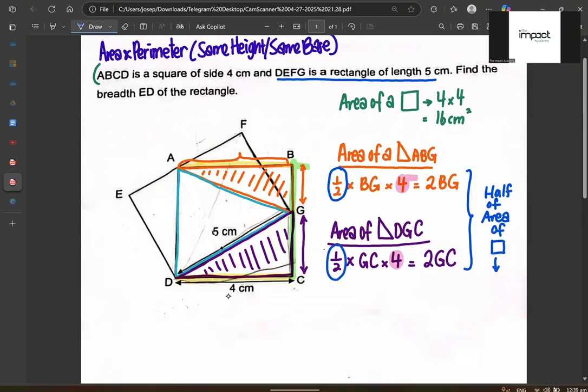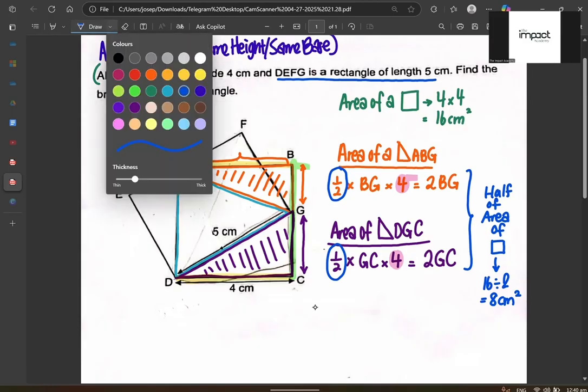If I were to just use AB times BG plus GC times DC, then yes, I'm finding the area of the square. But because there's a half, it means that the area of the orange color triangle and the purple color triangle is actually 16 divided by 2, which gets me to 8 centimeters square. Oh, so if the orange and the purple is 8 centimeters square, isn't it